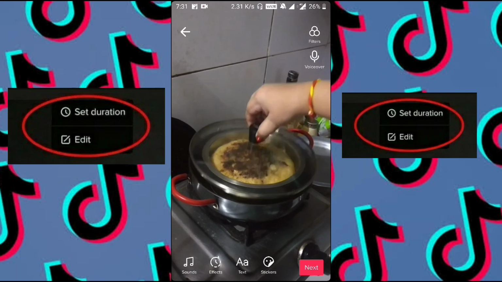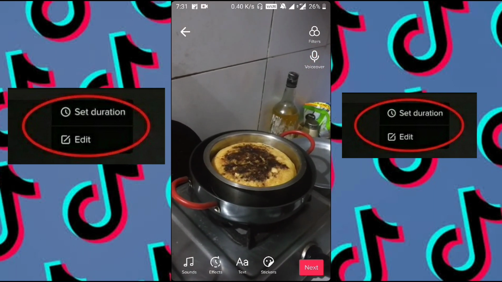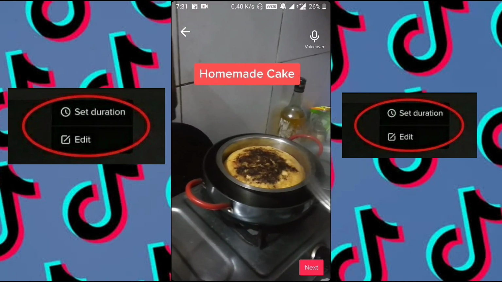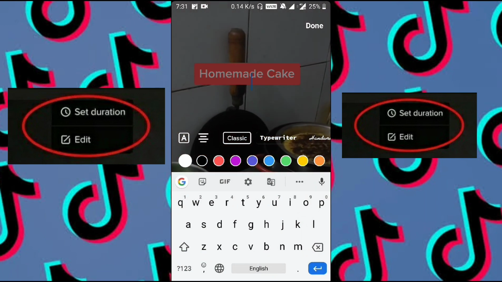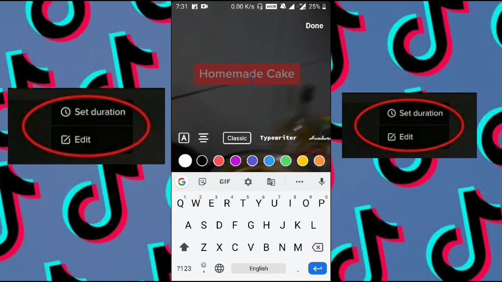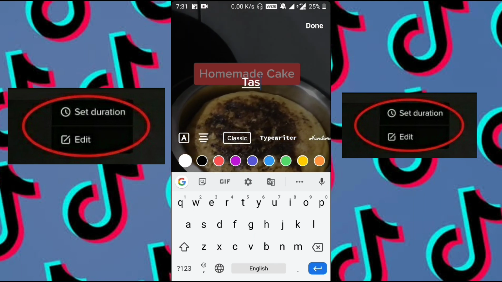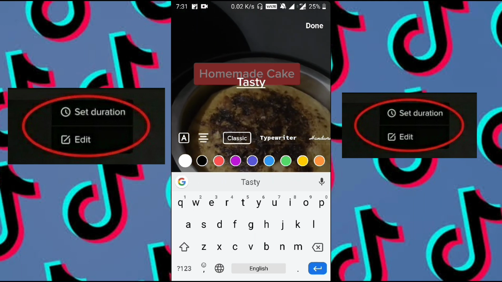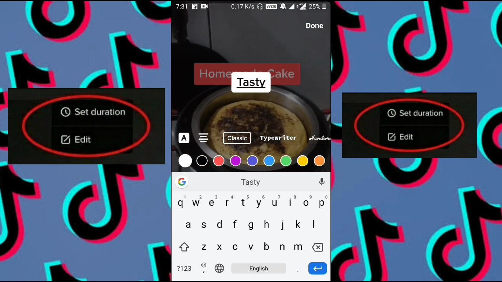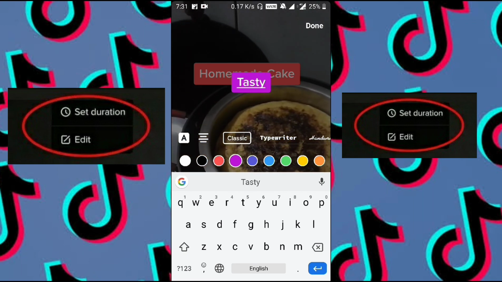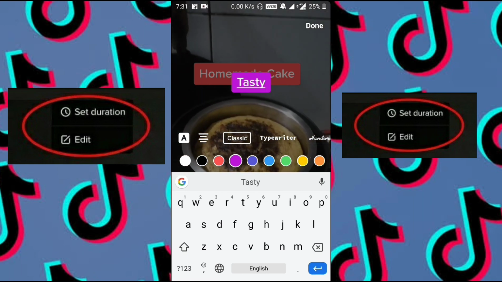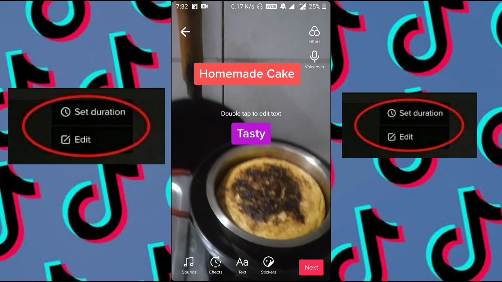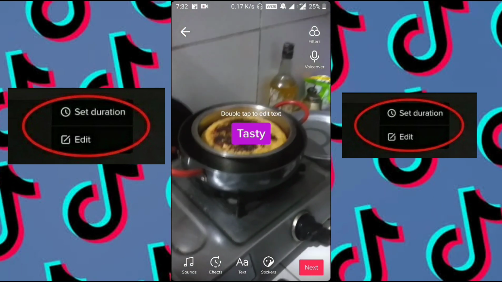And one more thing, I can again add another text to this. Like I can add multiple texts on my TikTok videos. Like I can see that the cake is looking tasty, so let me type tasty, and I can give it a color. See, okay, so this is cool. I gave it this font and it will be in the middle. I can still place it